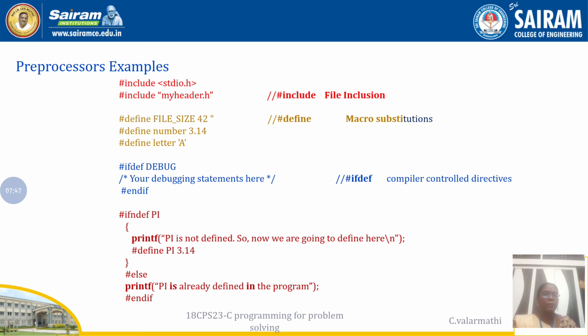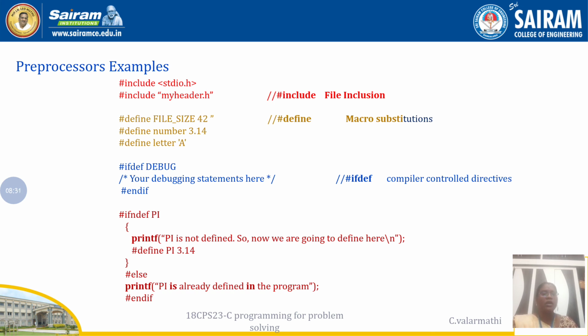And coming to the compiler directive, #ifdef DEBUG. If DEBUG is defined, you can have some debugging statements here and there, or else you don't have them. So if you define the DEBUG string, you can have the statement about debug, or else you can leave it. This is also possible. And then coming to the last part, #ifndef PA. That means if PA is not defined, we have to give some warning message. So printf that PA is not defined, so we are going to define it now. Then in that part I have defined PA as 3.14.